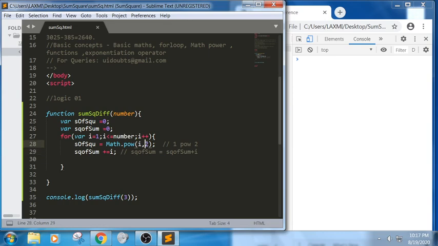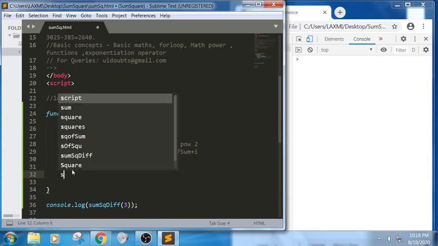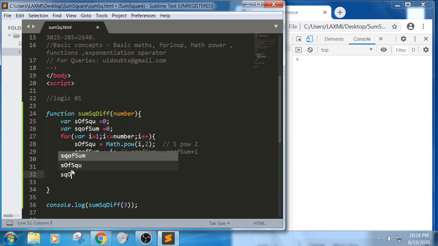In the first line we are trying to power each and every individual value, and we are trying to store it in s of squares, whereas in square of sums we are trying to make sure it will add all the individual values and perform some operation. Now here we should be able to call these values, so in this we are trying to make sure s of sum equals to